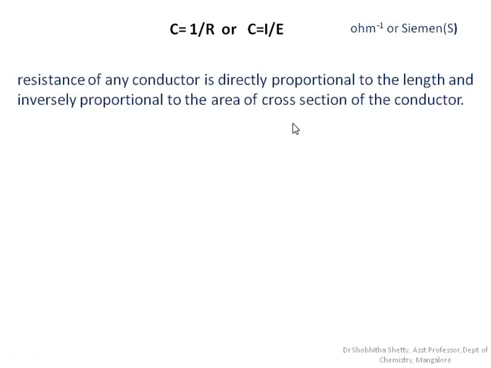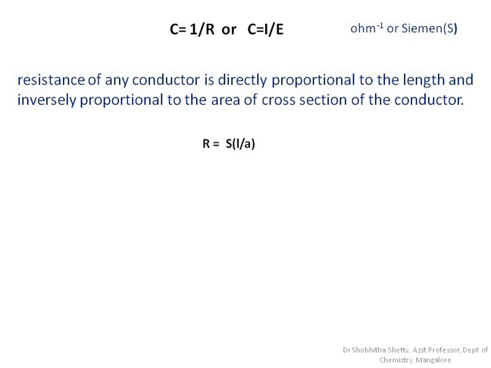Okay, so it is known that the resistance of any conductor is directly proportional to the length, and inversely proportional to the area of cross section. That is with respect to the specific conductance, how we express these terms. So we know what specific conductance is. It is the conductance of an electrolyte solution where the solution is kept between two electrodes of 1 meter square cross sectional area at 1 meter apart. So that is the condition maintained.